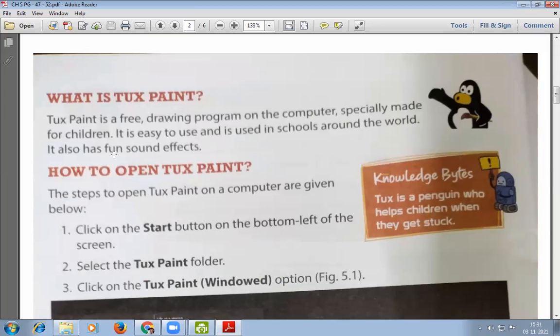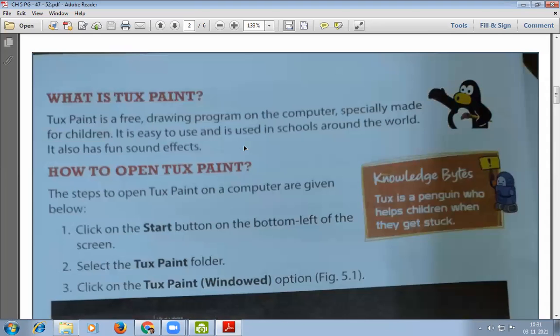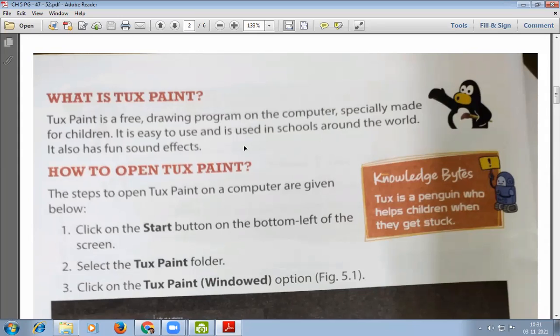It also has fun sound effects. TuxPaint is particularly made for children. It is easy to use and used in schools all around the world. So it is widely used in various schools.